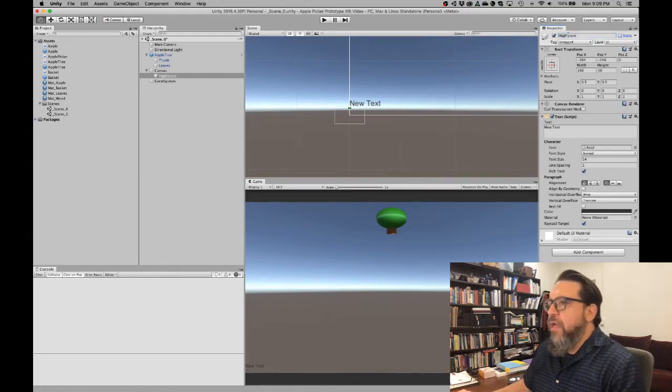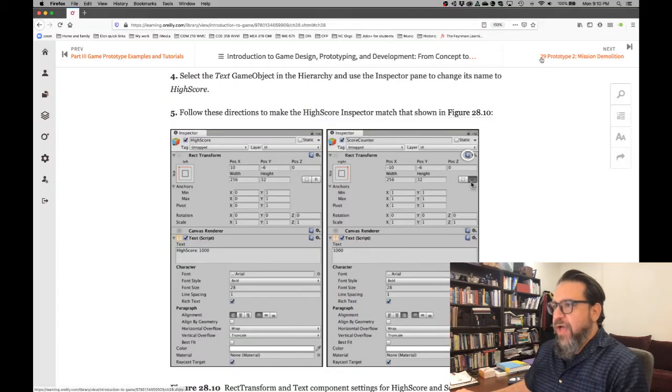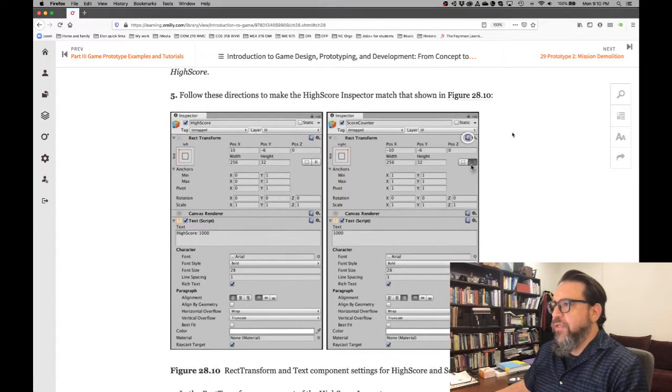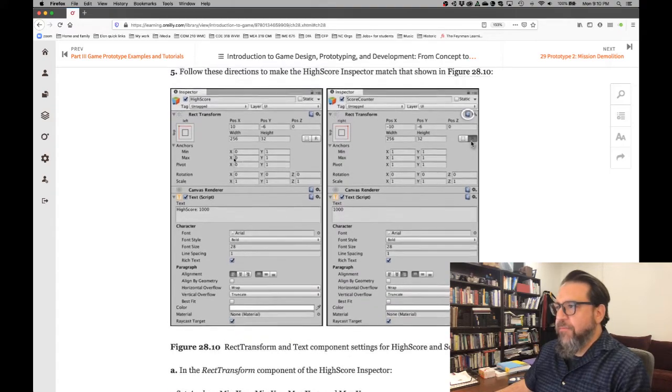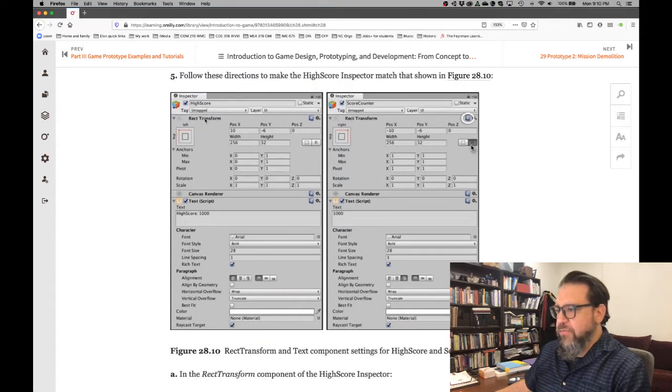I'm going to change the text from that to high score. Right. And so now we have high score there, and we're going to also follow the directions to make the high score inspector match what is shown in figure 28.10. Okay, so high score is viewable here,